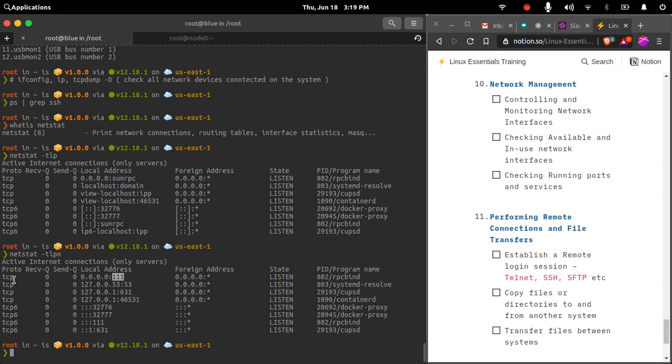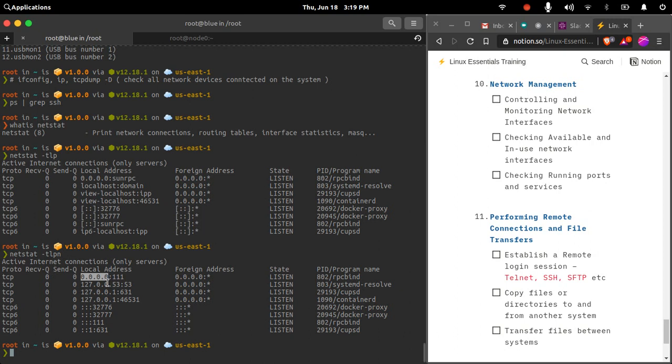this is basically, you will get to know what the protocol is, whether it is TCP or UDP. TCP is basically a reliable protocol when compared to UDP. So most of the services rely on TCP because it has a lot of good reliability. Then here you will see the receive request and send request, and this is the address on which the current program is running. So it is running on my IP address on my system, my default network interface card.